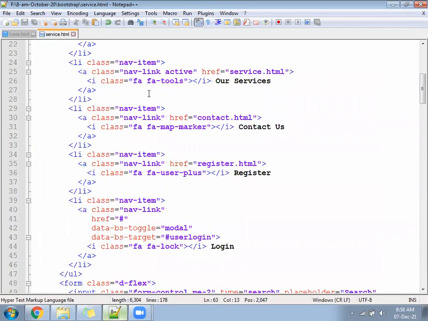Now, next after that, we need to create the next file, that is contact.html. Create the next file, contact.html.